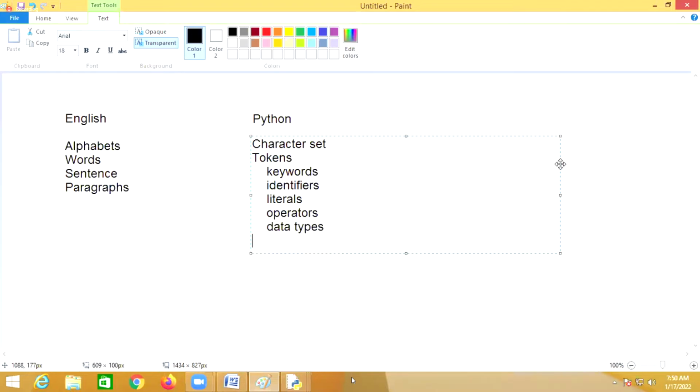This collection of tokens is called instructions, and a set of instructions is called a program.